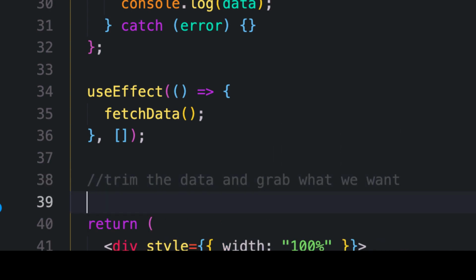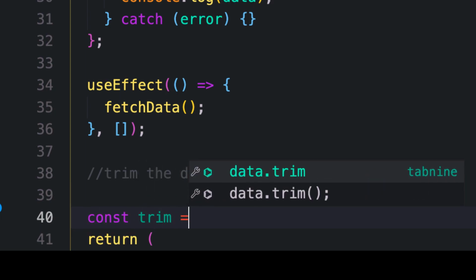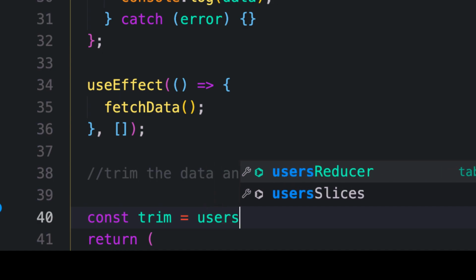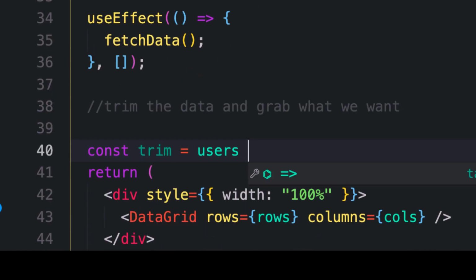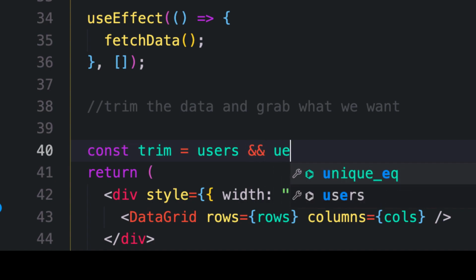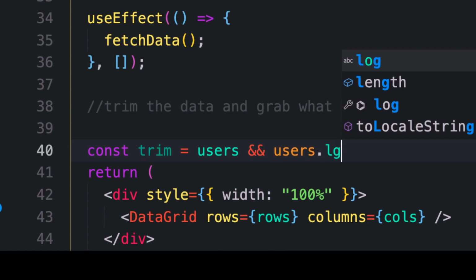Perfect. Okay, here, let me call this one const trim, and it's equal to the users. Always I'm going to check if there's data in the users. Instead of using users and users.length greater than 1, then do that,